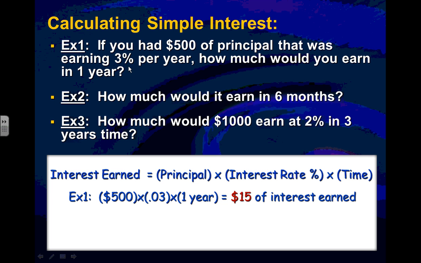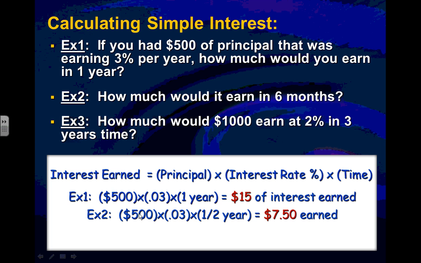So number 1, $500 of principal, 3% per year times 1 year. This will give you $15. Well, example 2, how much in only 6 months? Well, really, this is the same principal, same interest rate, but the time is different. It's only half a year. So 500 times 0.03 times a half gives you $7.50, and it does turn out to be 1/2 of the